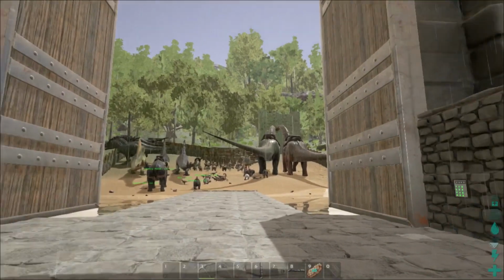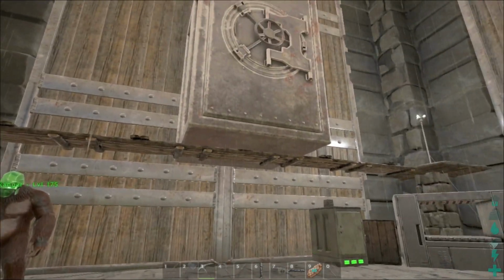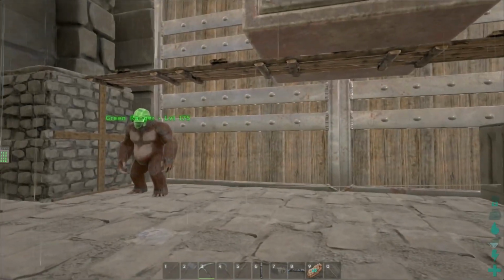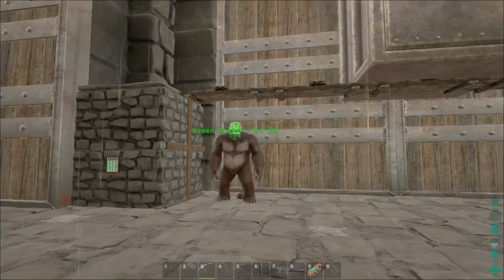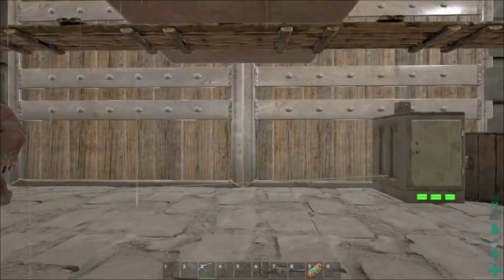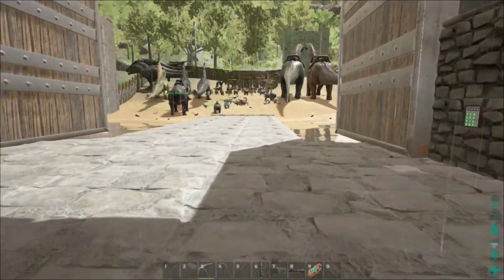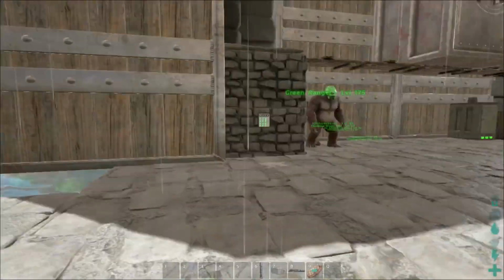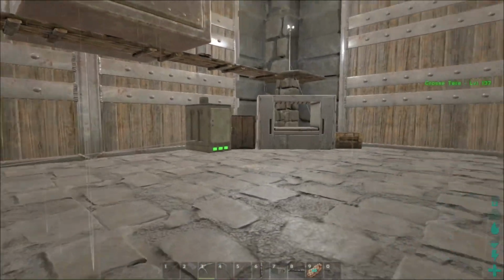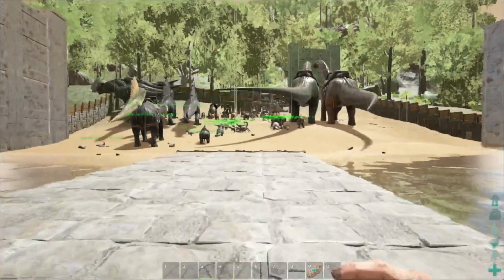And really and truly, the processing should happen where the mining is happening. But for the sake of argument, I'd like to just make this a complete setup and put my little work area here. So what I'm thinking is I could put a couple of forges here, and I can put my fabricator, and I can also put my, well, what else was there? My smithy table, my S-box, as Brian would call it. And that should make up the entirety of the setup that I have over here,